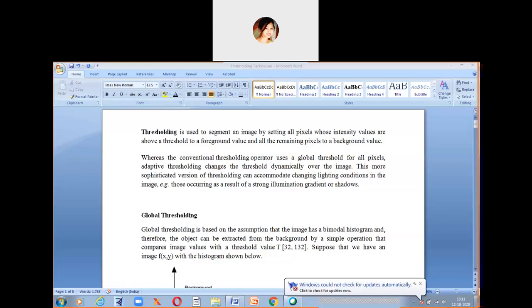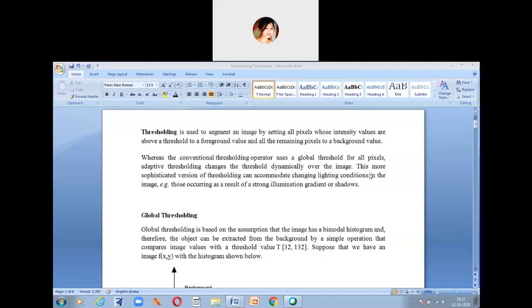We have 3 important techniques in thresholding, and I'm talking about thresholding in image segmentation. When we talk about image segmentation, thresholding consists of 3 techniques: one is global thresholding, one is adaptive thresholding or local thresholding, and optimum thresholding.